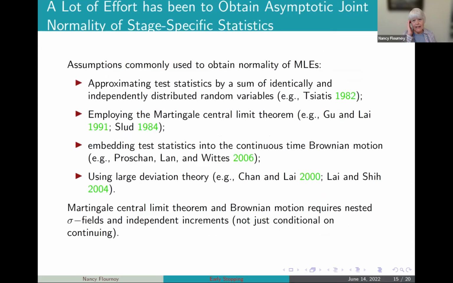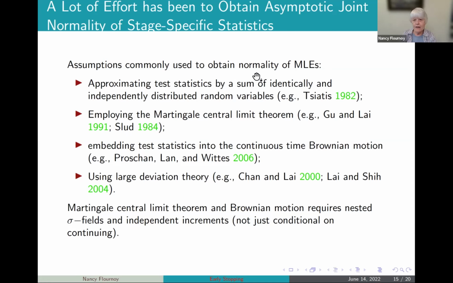Now, I keep talking about prior work depending on asymptotic normality, aside from the papers that I mentioned that recognize the curved exponential family and then seem to be promptly forgotten. These are some comments about the assumptions in the work that is out there for group sequential designs. And I should say that